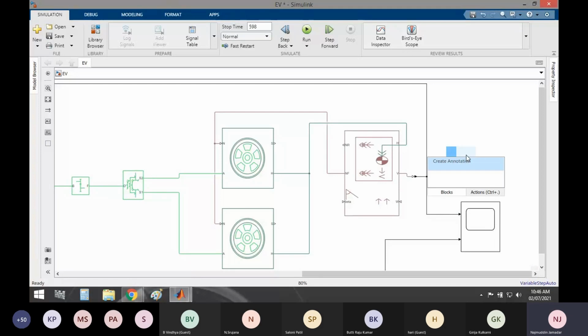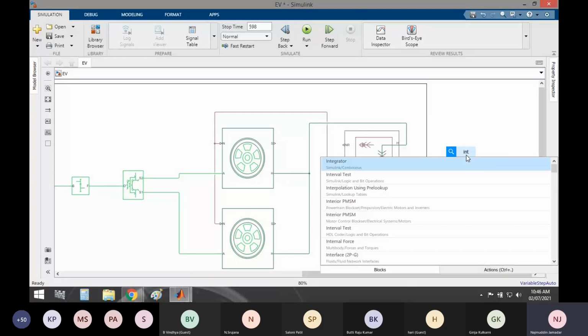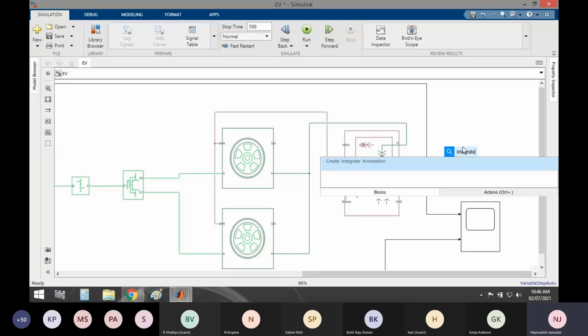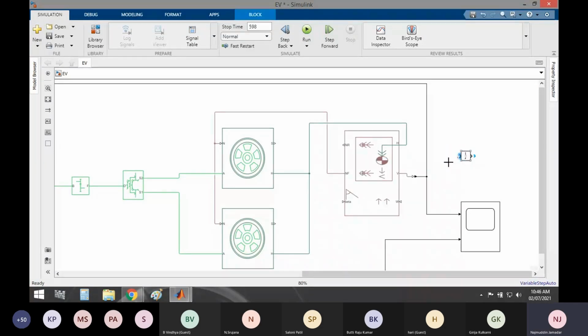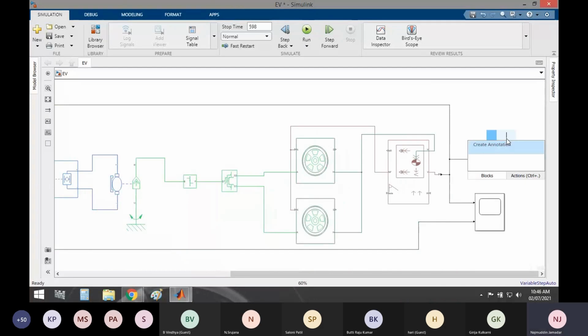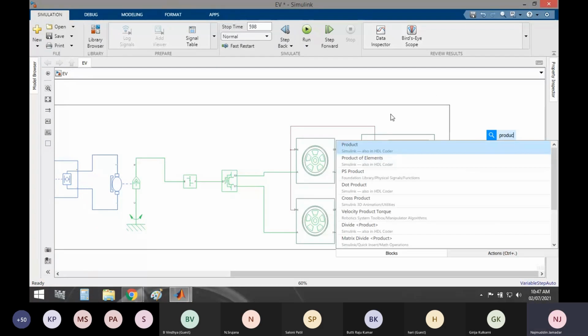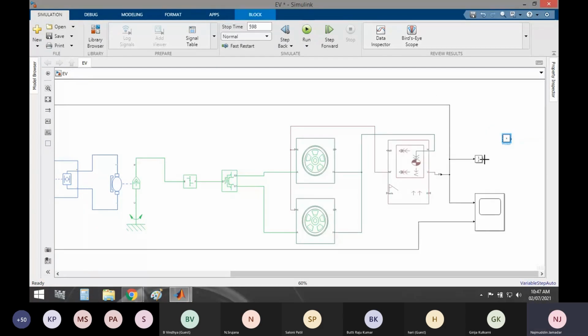So I will get an integrator here. I will connect this velocity, and we require velocity with respect to time. So I need a product. I will connect one terminal of the integration here with respect to time.